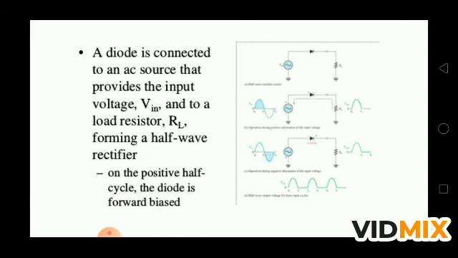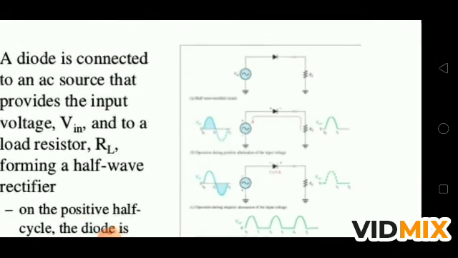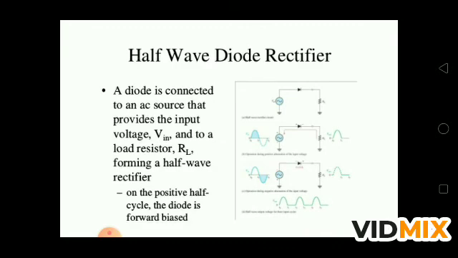and in your NCERT it is on page number 483. If you see the diagram, the input is showing a full wave. If you see the blue color diagram, the wave input is a full wave, and what we are getting on the right hand side is a half wave. Means to convert AC into DC, we are using a single diode. If you see the diode here, one triangle and one line is shown. It is a single diode, and this diode is used to rectify, to convert the AC into DC. So we are getting only half wave, so that's why it is known as a half wave diode rectifier.